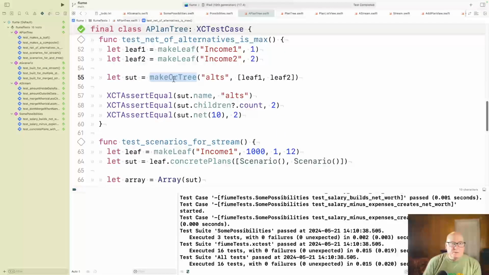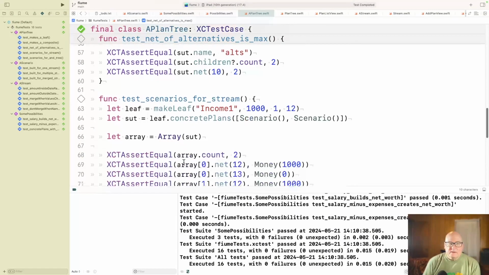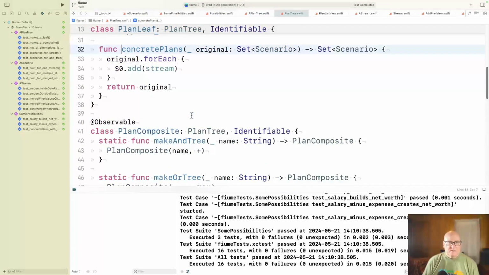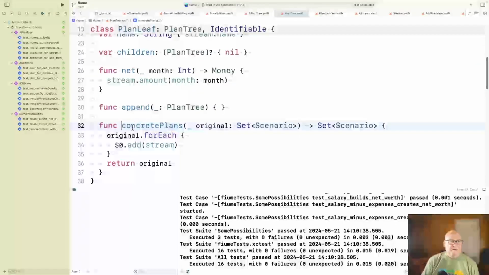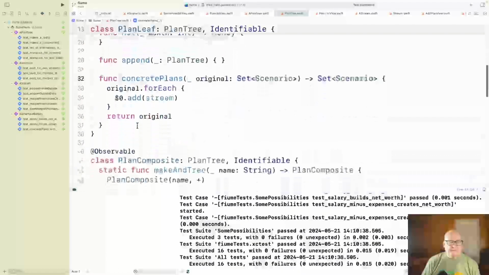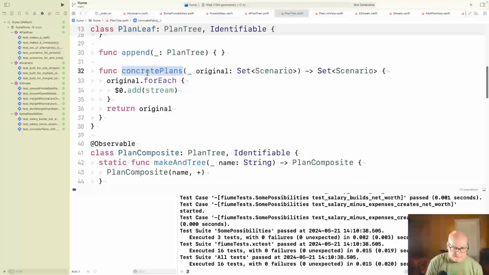I want to see, do you build the right thing in the plans you're giving me? Yeah. So does Leaf build the right scenarios? Did I not rename this? Let's rename that too.